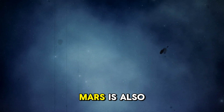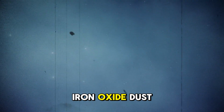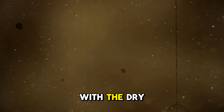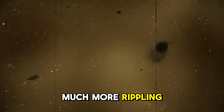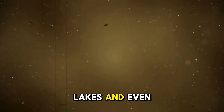The fact that Mars is also known as the Red Planet is not a coincidence. The planet's surface is covered in iron oxide dust, which gives it its distinctive color. This dusty calling card goes well with the dry and cold face that Mars presents to us today, but if we turn the wheel of time back a good 3 billion years, we realize that Mars was once much more rippling. It is now thought to be certain that the celestial body was once adorned with rivers, lakes, and even